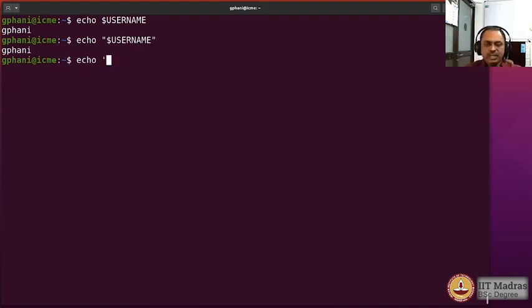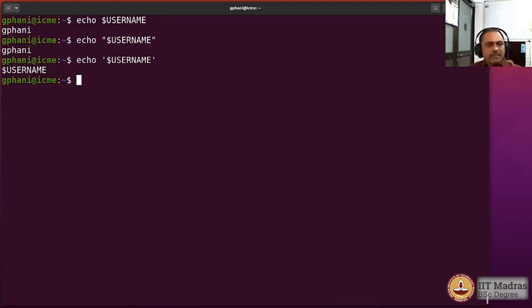What happens if you use it in single quotes? You see that the string that we gave was displayed as it is, but it was not interpreted to give you the value of that particular shell variable, which means now you see the difference between the single quotes and double quotes. Within the double quotes, any string that comes with a dollar will be interpreted as a shell variable, and if a value is available for that, that value will be substituted and then printed.